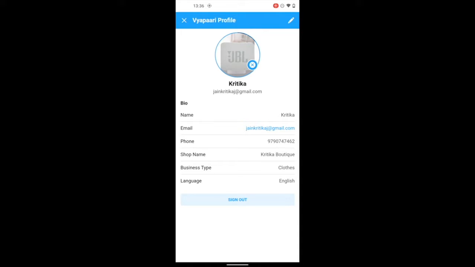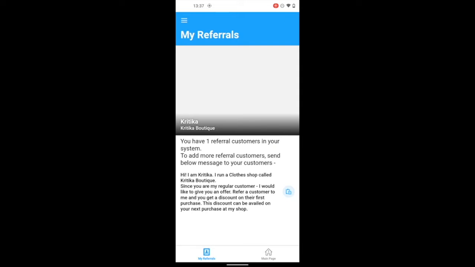Wait for the photo to upload. Your profile is now ready. Go to the My Referrals page now after clicking on the cross button here.